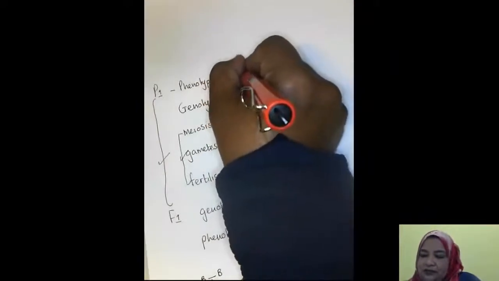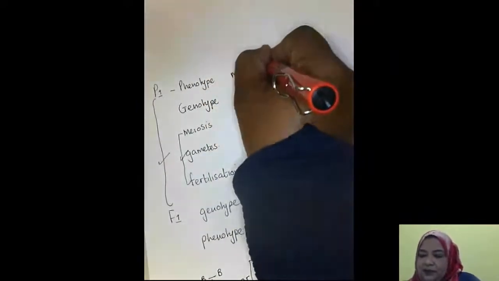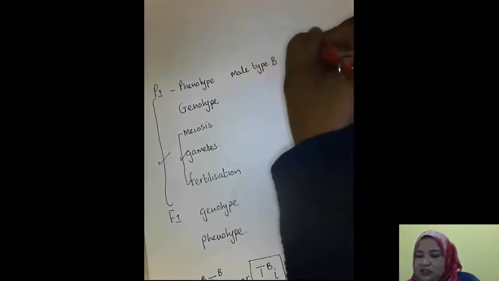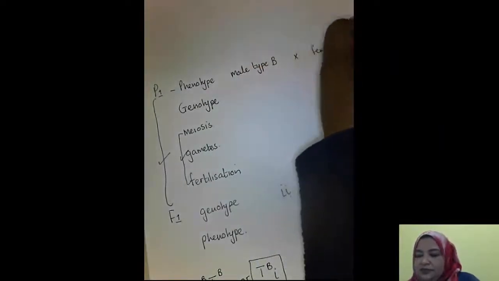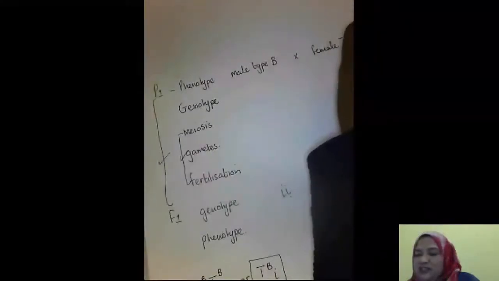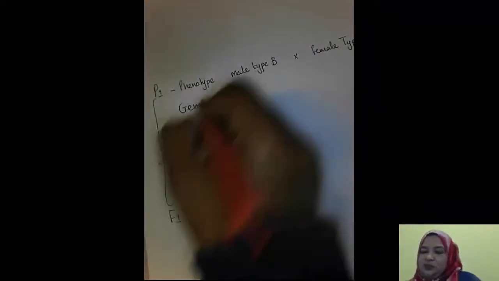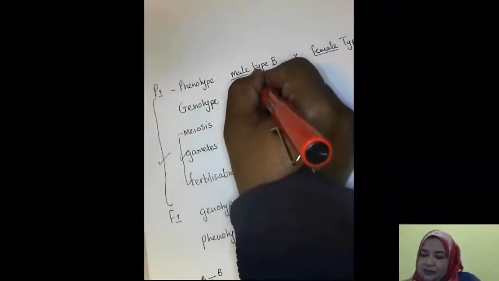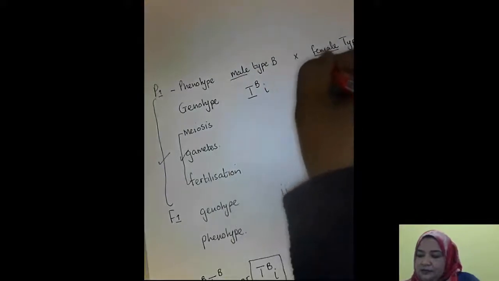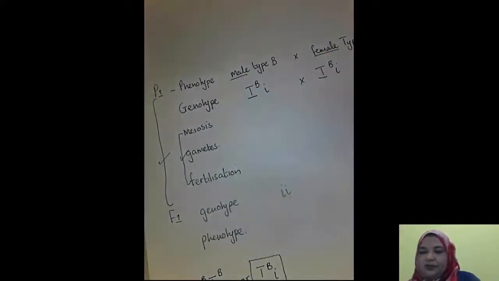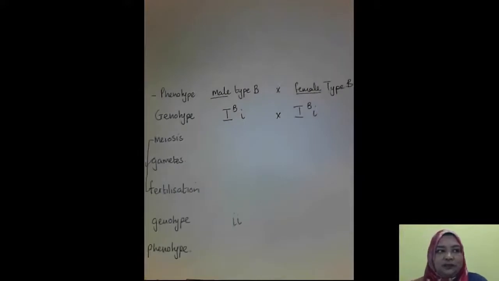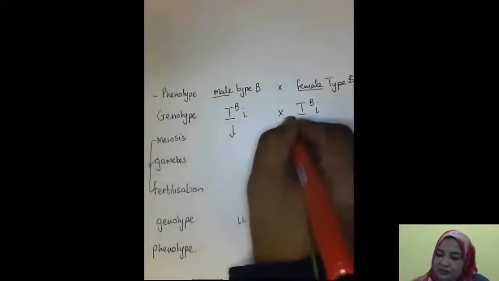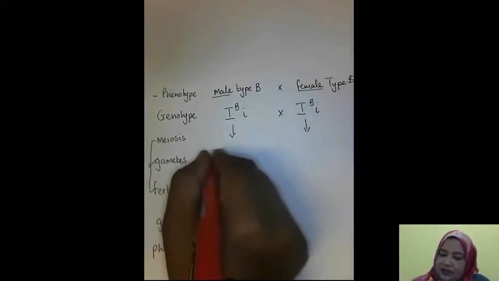So the male with type B blood is crossed. In this case, you can just write type B. Okay? And just because you saw male and female, please don't start with X's and Y's. Right? Blood type has those combinations. Okay? Meiosis occurs, and our gametes are